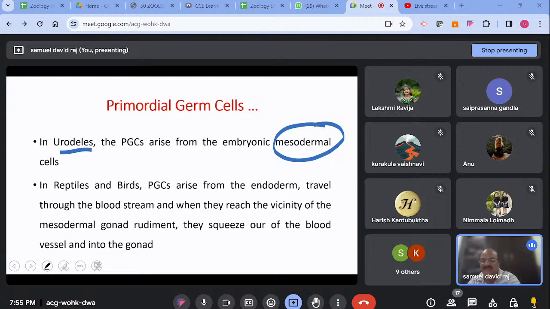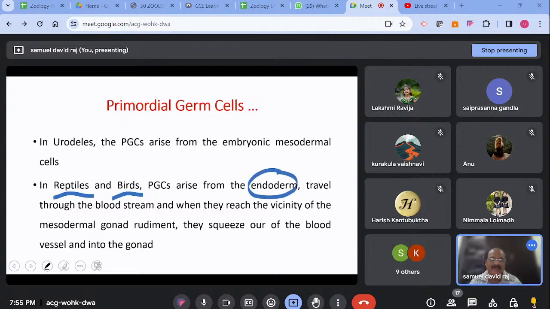And coming to the other vertebrates, reptiles and birds, primordial germ cells arise from the endoderm, again, as in the case of frogs. They travel through the bloodstream, and when they reach the vicinity of the mesodermal gonad rudiment,